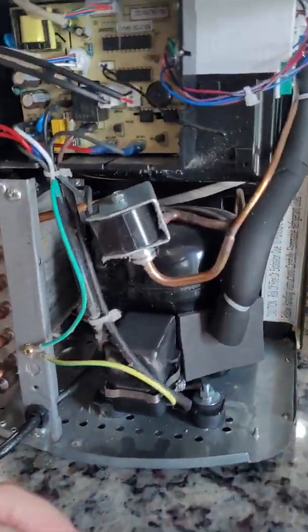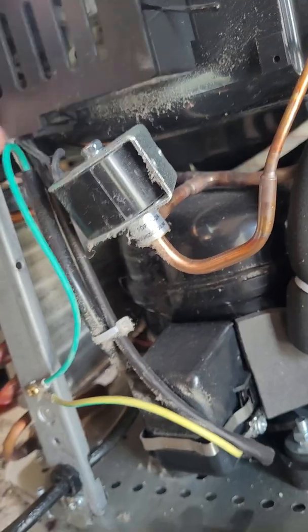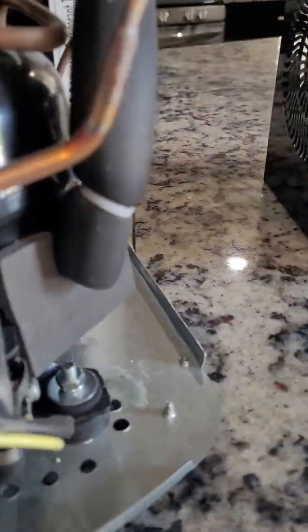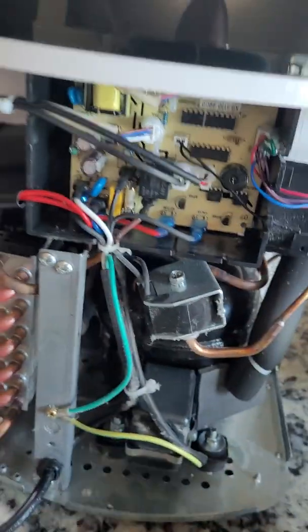Once that's out, there was a cover right here that just has a clip. I'll go ahead and show. So there it's on. To remove that, you just need to put something to pry right there just to drop that clip out. There's the edge of the clip right there. You can see if you just pry underneath it, it'll pop it out. Once that's out,